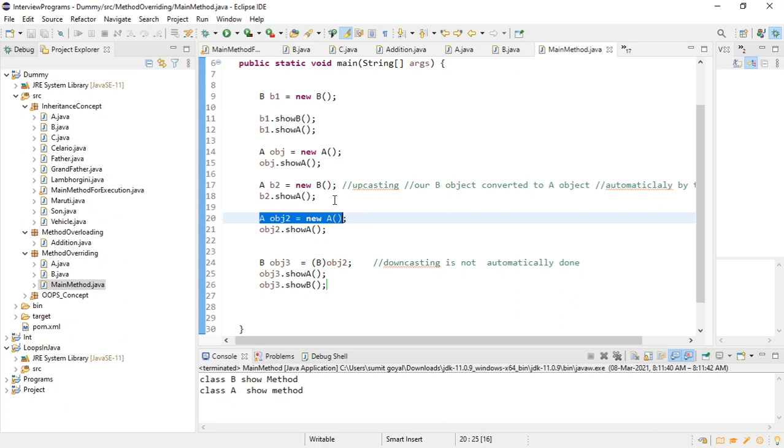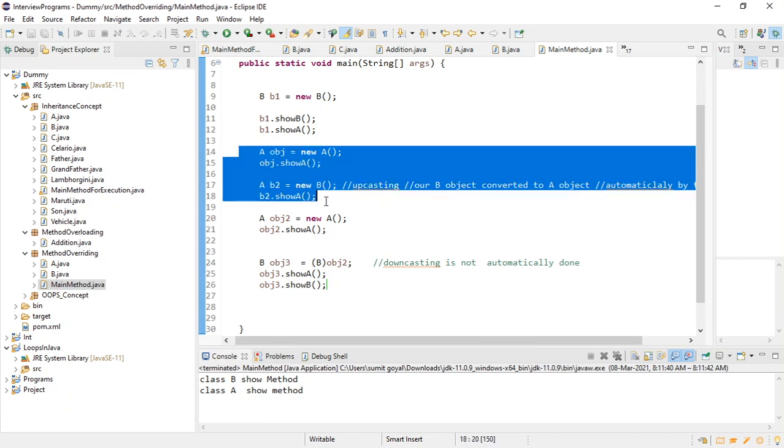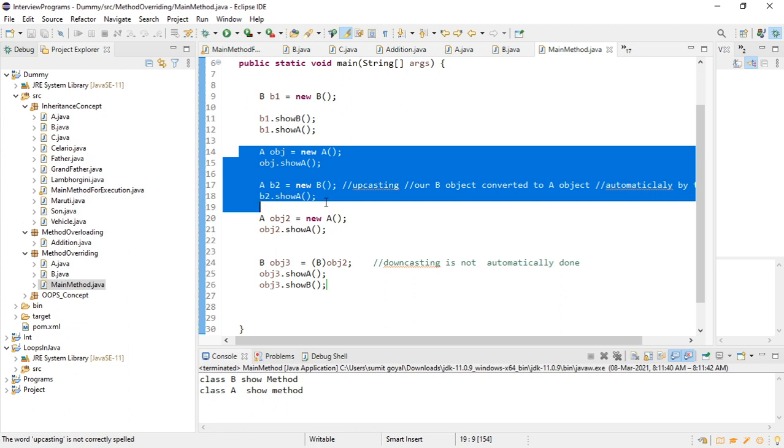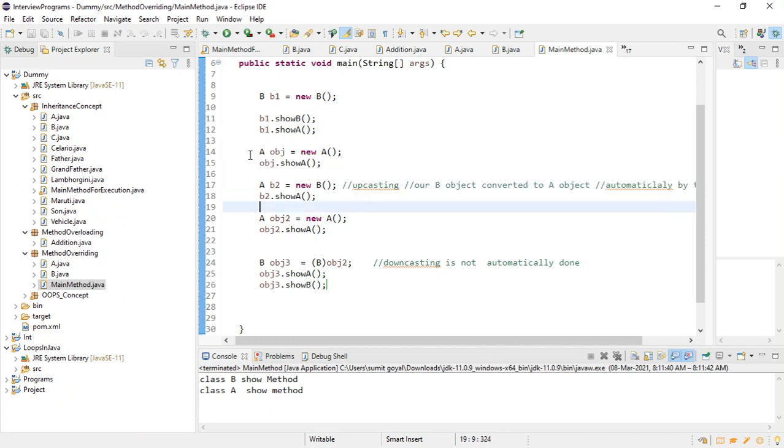Sure. In the upcasting example, if you see, even if you have converted the B object to an A object, you only have access to A, not B, right? So my question is, the second method in the list is the same as the first one, meaning A object is equal to new A. Here also you're doing the same purpose, right? Yeah, I got your question, we can achieve runtime polymorphism. I will show you in just a while. Okay, got it. So first of all, just tell me, are you able to get that if you write like this?